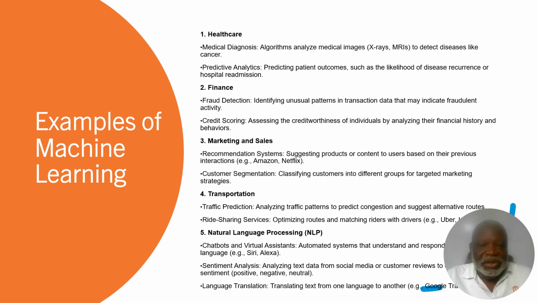So when you're able to predict that a disease will occur, or when someone is given 6 months to live, that is predictive analysis. In finance, your ability to detect fraud or to score credit, most especially when you have an application and the system is able to attach a particular score to an applicant, that is machine learning, and that's another form of AI. Several examples as we have here.